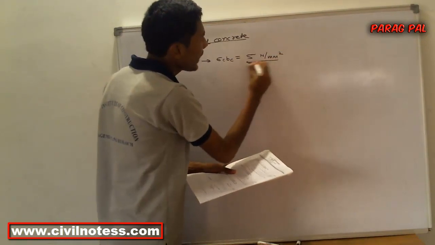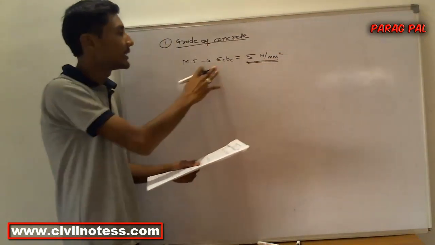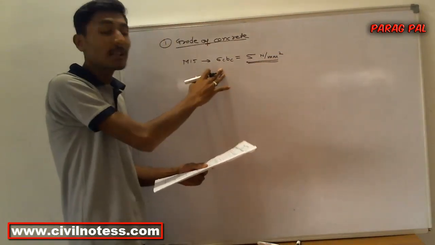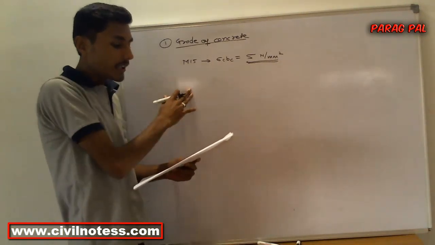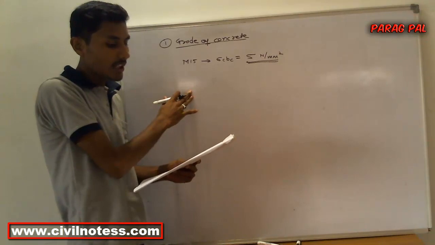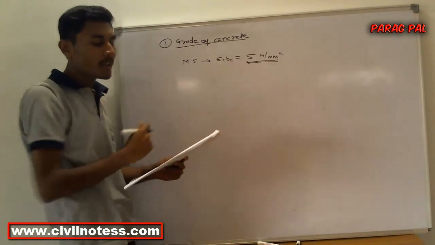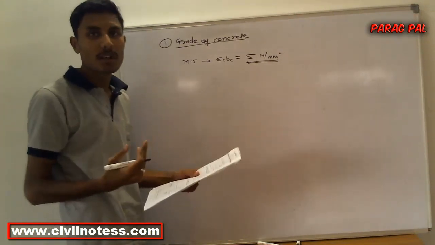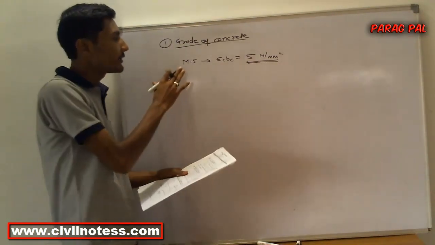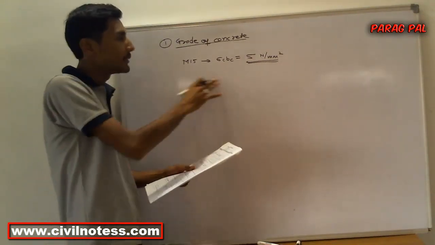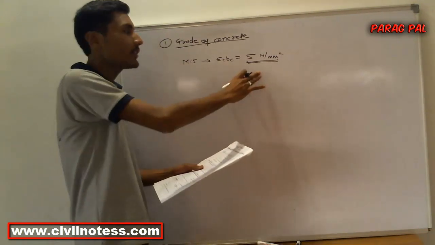So this is exactly the permissible stress for concrete for M15. In the working stress method, a factor of safety of nearly 3 is used for concrete. So the factor of safety we are using for concrete is 3, and for this concrete grade the sigma CBC, that means permissible stress, is 5.